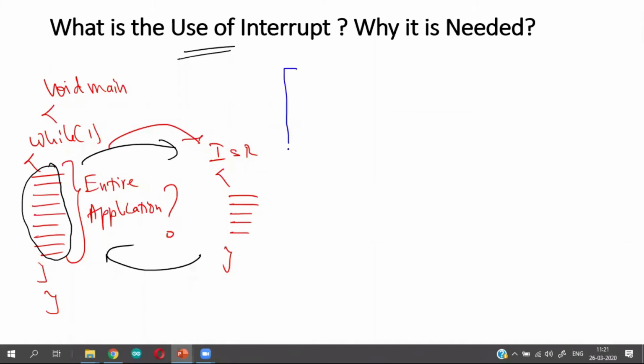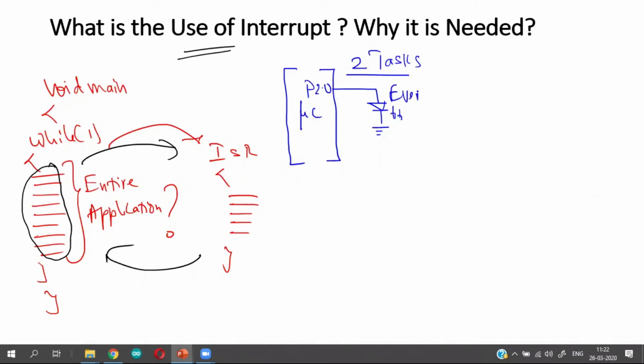Let us take the case of a microcontroller doing two tasks. One task is to toggle a small light emitting diode at port 2.0 every 1 second.